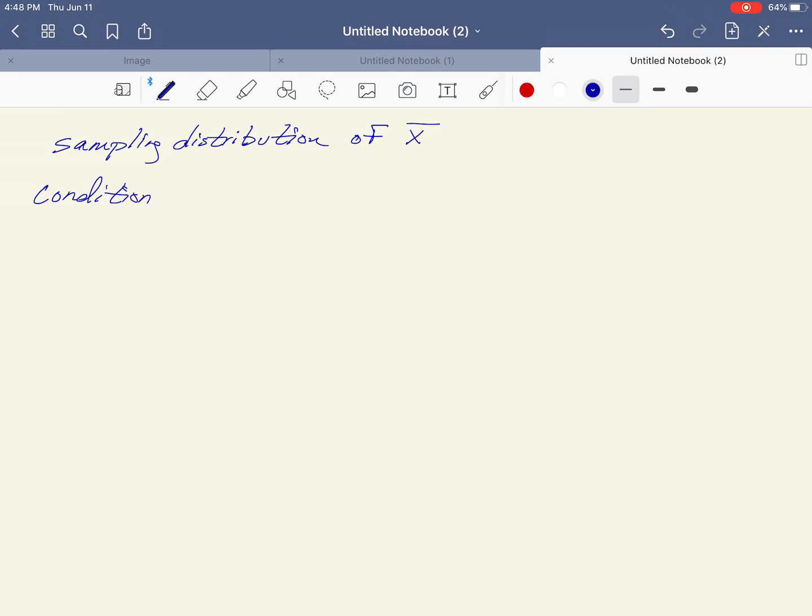So conditions. And these conditions are to check if n is large enough and to make sure that we can represent x-bar like we just discussed, right? So conditions for if my sample size n is large enough